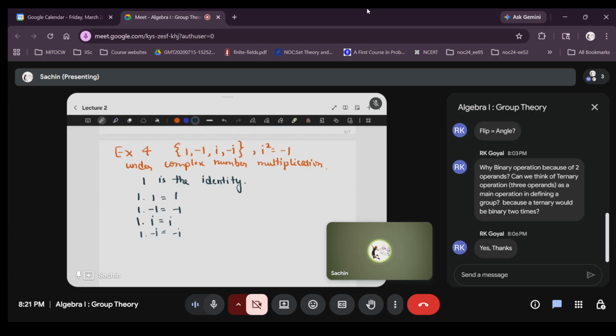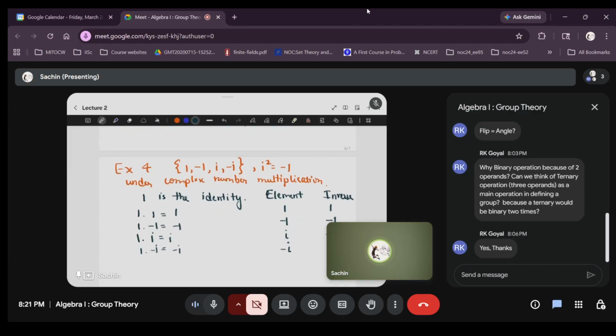What would be the inverses? We'll have the element and its inverse. So each element has an inverse. Of course, one thing is that this is actually a subset of complex numbers, and I could have included